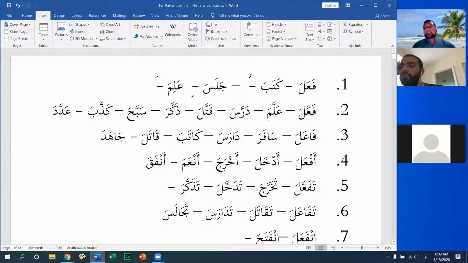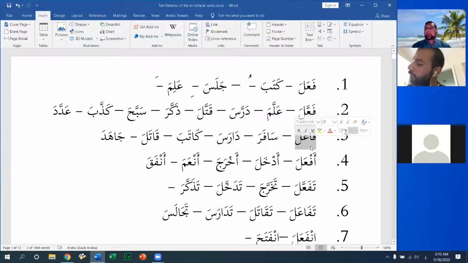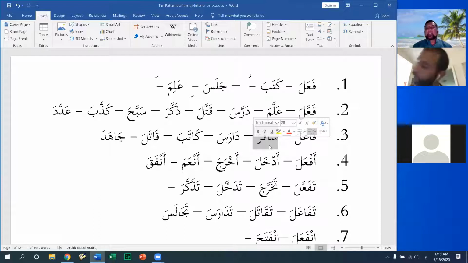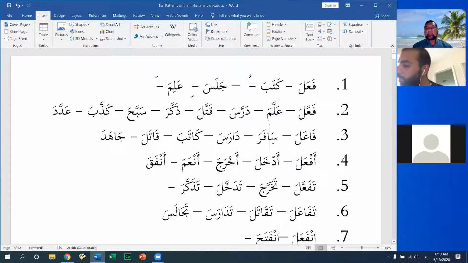When a verb is on the pattern of fa'ala, it is generally, not necessarily, but generally, 2 people doing that thing together. Safara is an exception to that because safara means he traveled. It's not necessarily traveling with someone else. For example, I could say safartu min Makkah ila al-Madina, that I traveled from Makkah to al-Madina. Has nothing to do with anyone else.